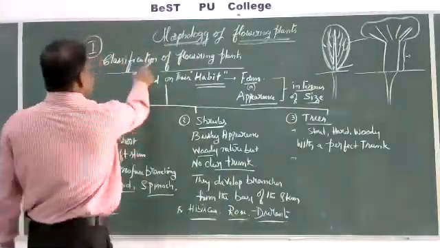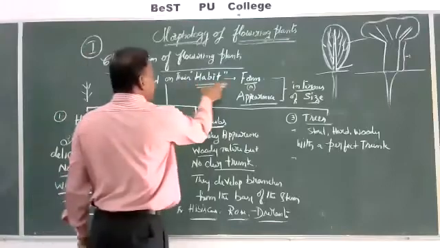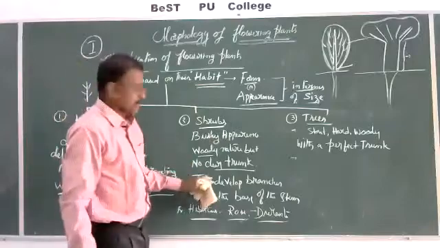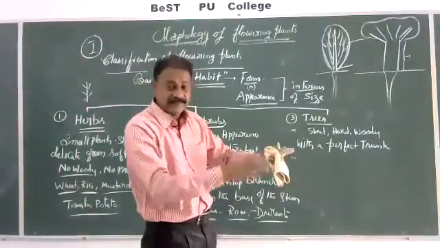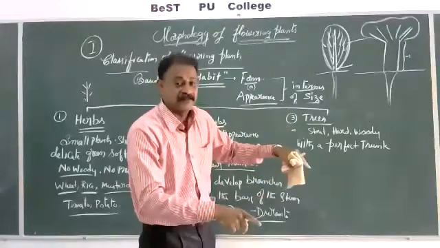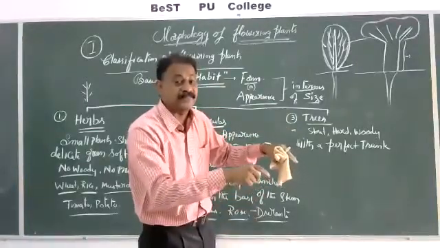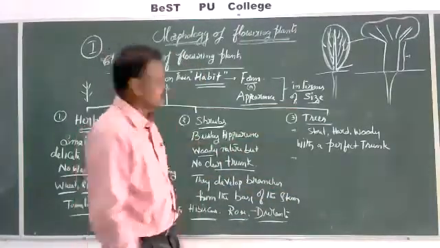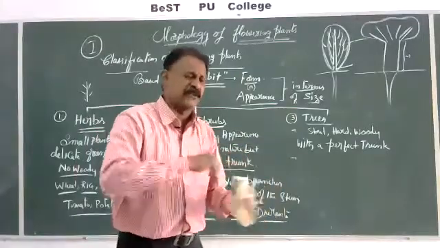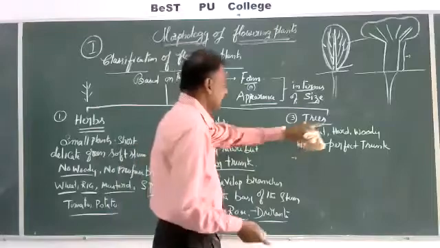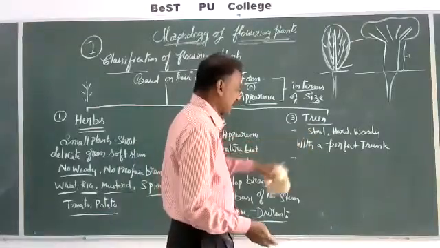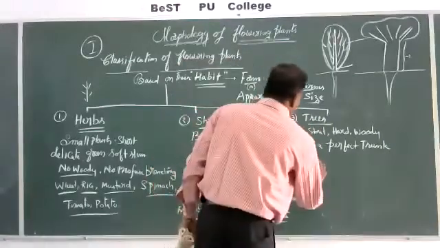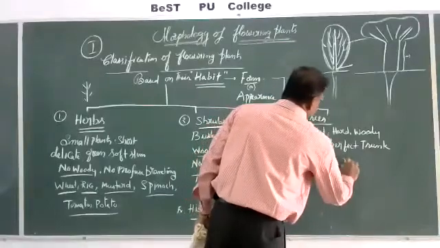But we have mentioned the classification of flowering plants based on their habit, that is form, appearance or size: small, medium, large. The size of the plants can be determined by the position of their branches, the place from where branches arise. Here fewer branches, here more branches. So my dear students, how will they ask questions? In various dimensions. Trees are those with a perfect trunk, generally hard, for example, mango, neem,